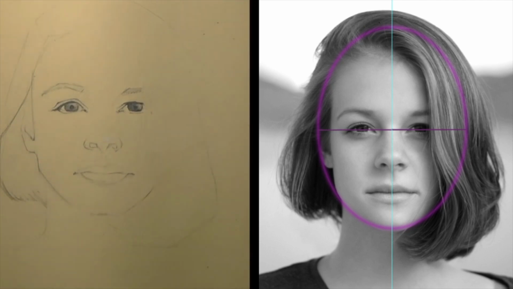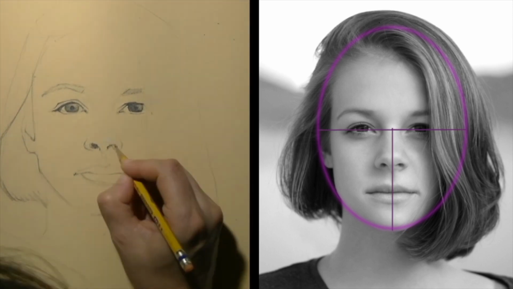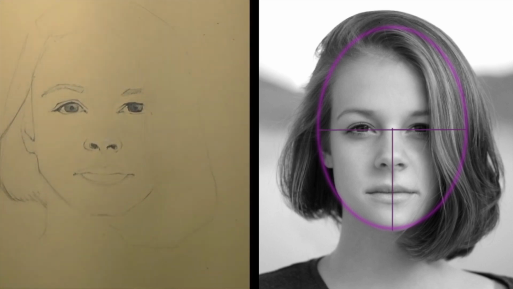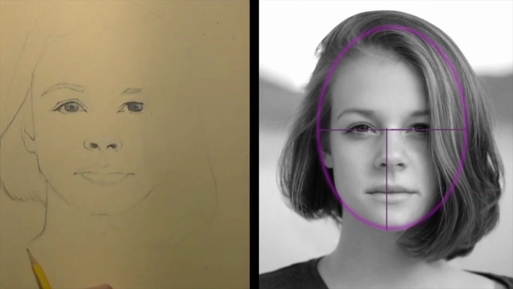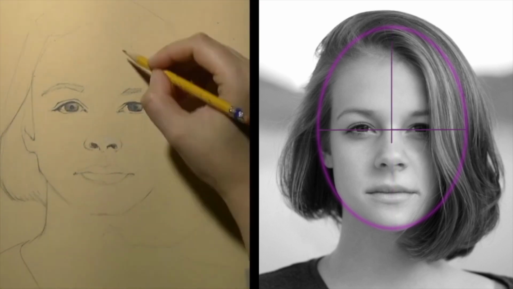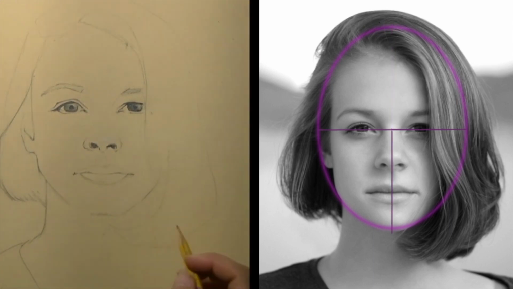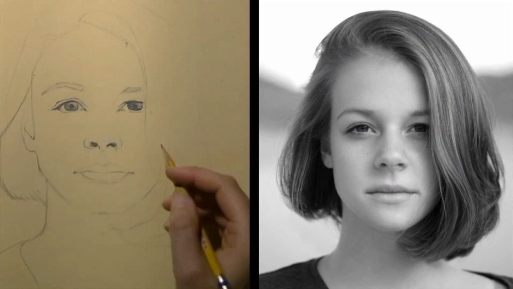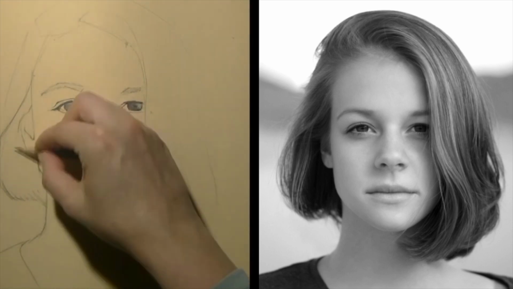Then, move this here. Then, as you can see, if I take this bottom line here as 1 unit, again with my pencil, and then, without moving my hand on the pencil, I'm moving the arm and comparing this distance to this distance, it should be the same. Then, once you establish the line on which you draw eyes,